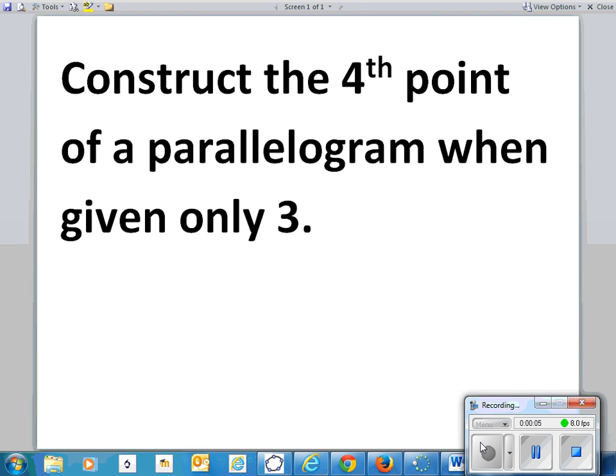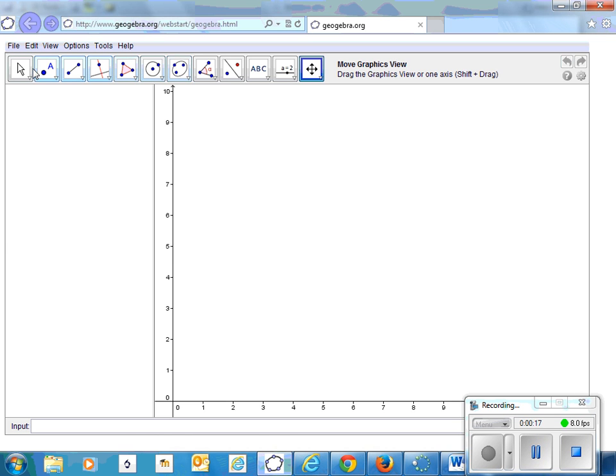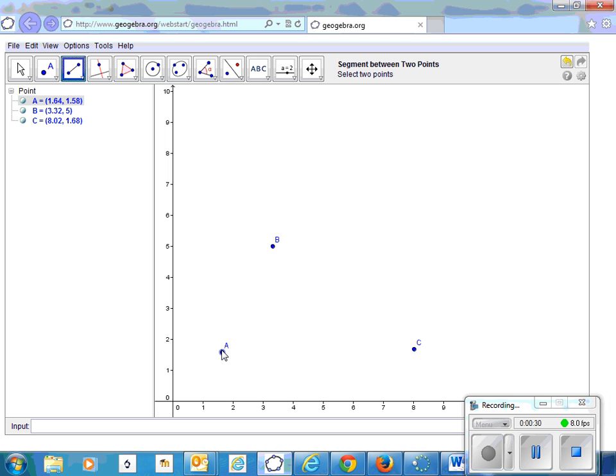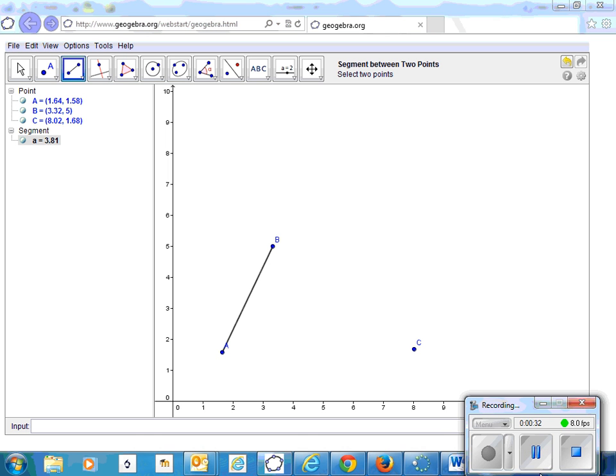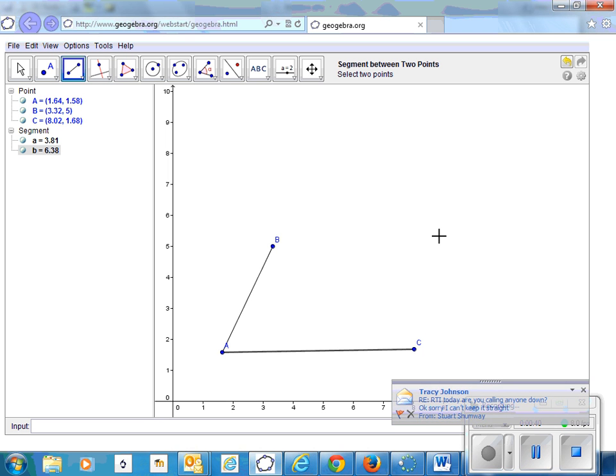This video clip explains how to construct the fourth point of a parallelogram when given only 3. So maybe I can show you what I'm talking about and then you can pause it. If somebody were to give you 3 points of a parallelogram, we can connect those points with line segments. And then the fourth point would be